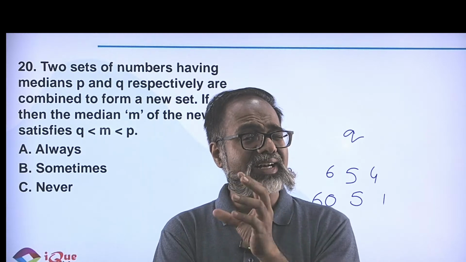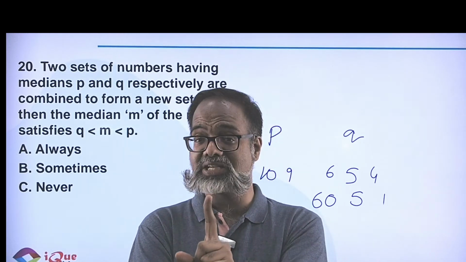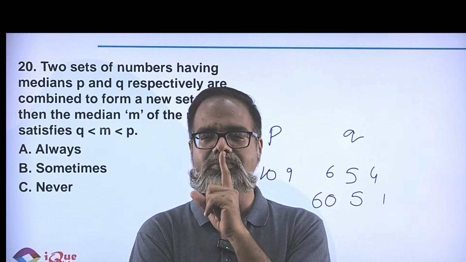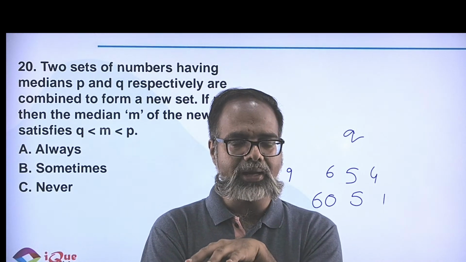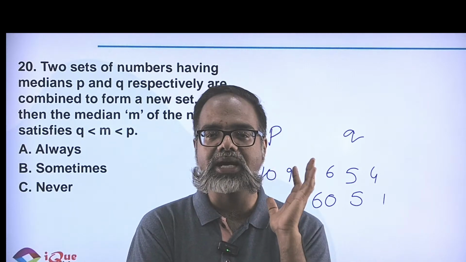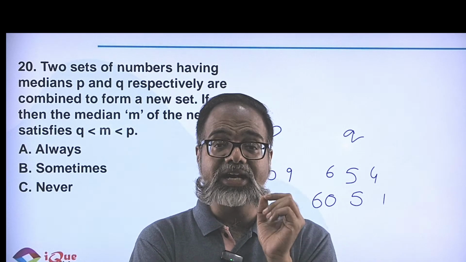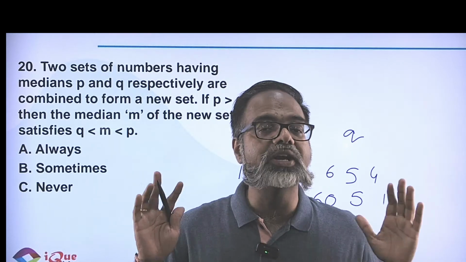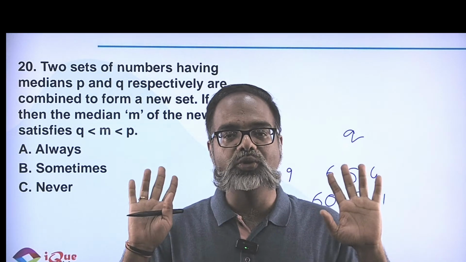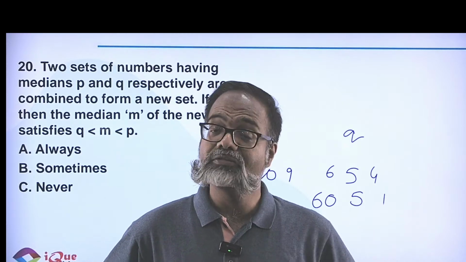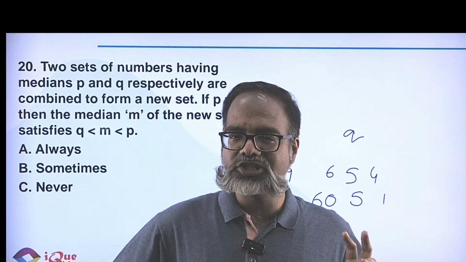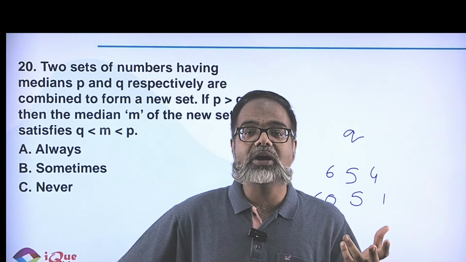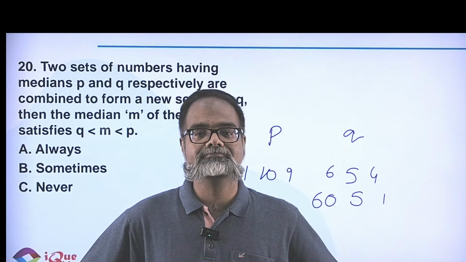So with great trepidation, because 19 questions, remember, we have done confidently. The 20th question, if I'm sure there is not going to be a negative marking, I may mark sometimes as the answer. If there is negative marking, I will easily leave this question on the confidence that I've got 19 questions correct. It's okay to leave this question. But if I'm a little bit confident and I want to take a chance, or if I'm sure there is no negative marking, then the best thing to mark for this will be sometimes, right?